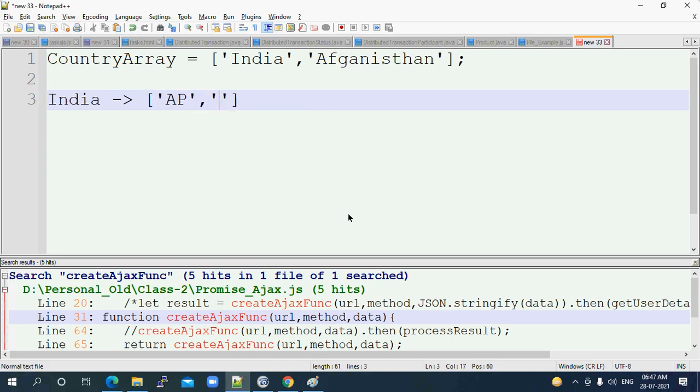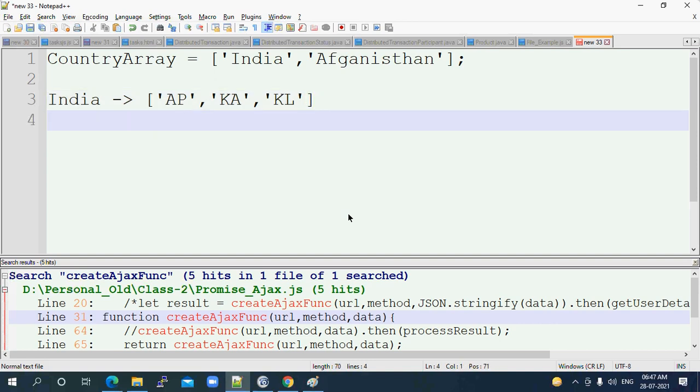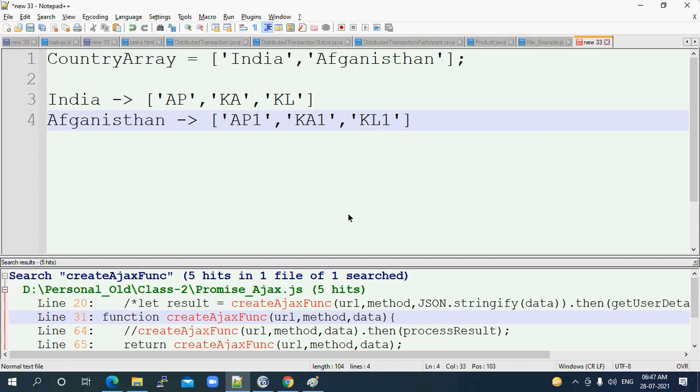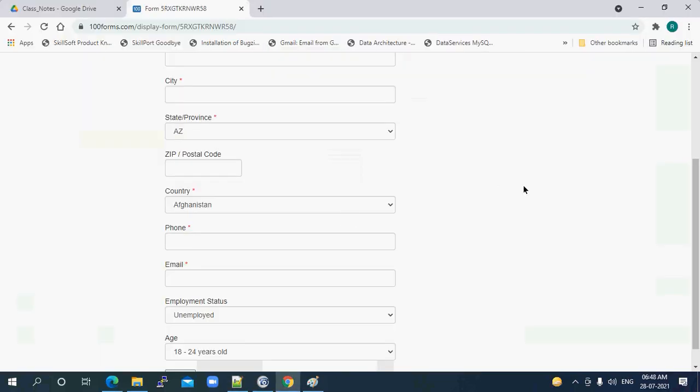AP, KA, KL, correct? So this information you will maintain inside your map. The map key is the country name, and the value is an array of states. Like this, correct? You have to try these examples on your own. So next,